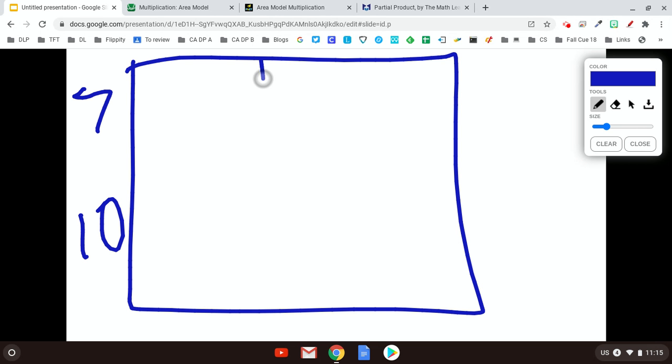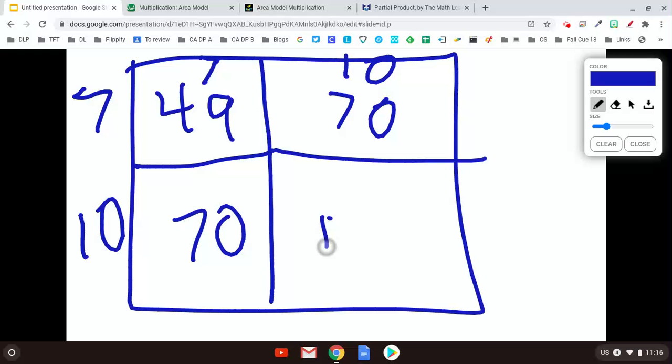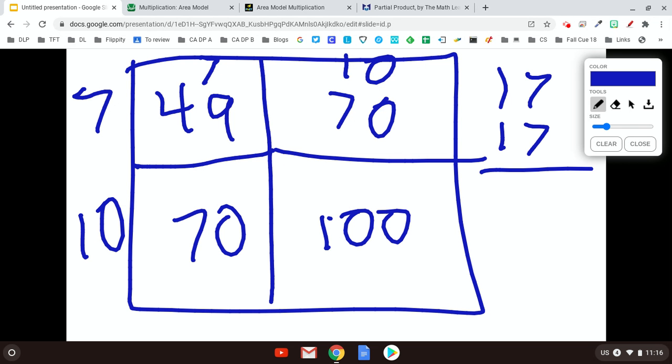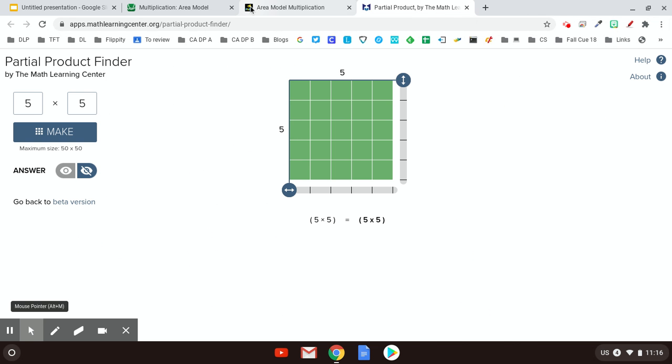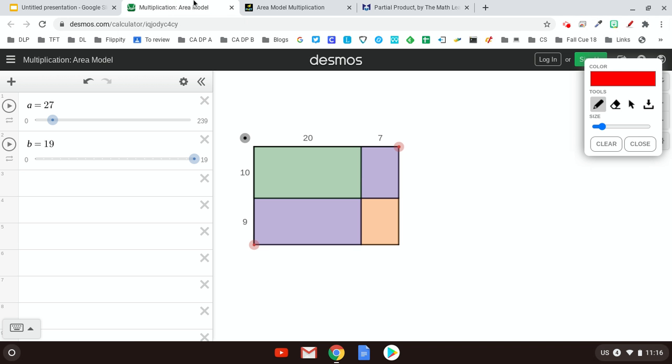And I can break it down into 7 and 10. Now I just need to multiply these. And I'm able to add all of those together now to figure out what 17 times 17 was. And we could do practice with these different things to break them down, to see how we add those things together. But eventually we'll be able to make the connection that